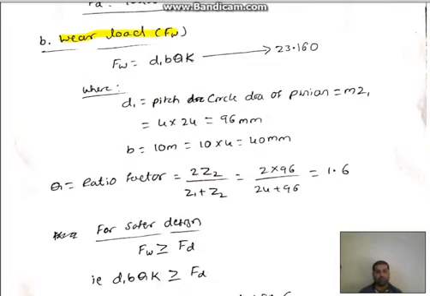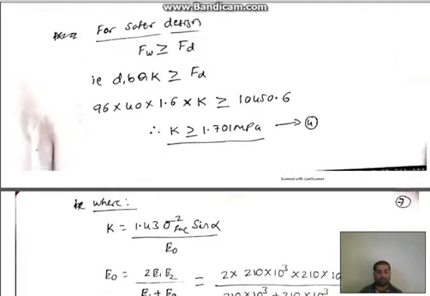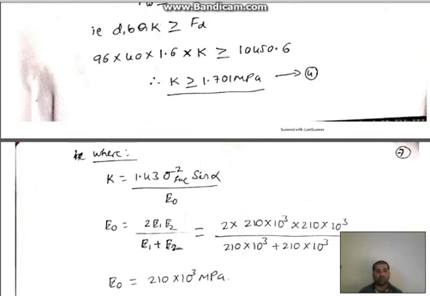Step B, wear load Fw. The wear load equation is given here, where D1 is the pitch circle diameter of the pinion. We already calculated the module, then calculate the pitch circle diameter. We already calculated the face width, then calculate the ratio factor. Now apply the condition. For a safe design, the wear load is greater than or equal to the dynamic load. Substitute all the values, then we get the K value is greater than or equal to 1.701 MPa. We call that equation number 4, where the K equation is given here,